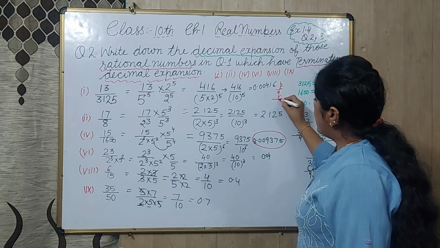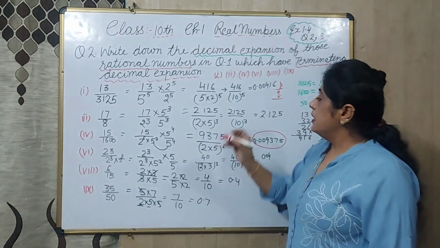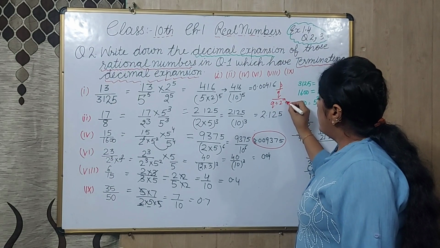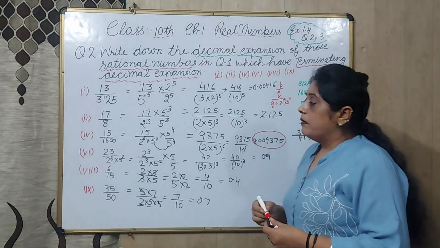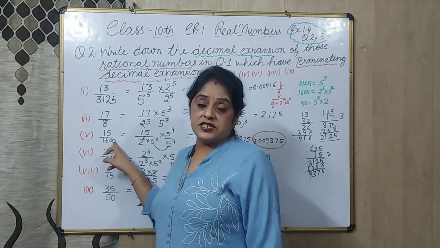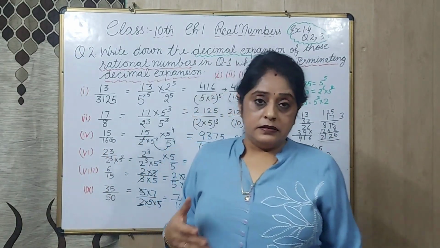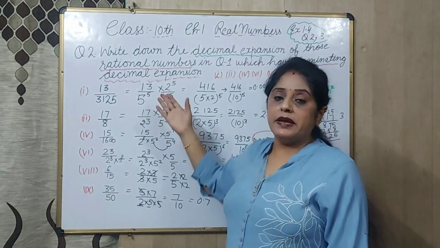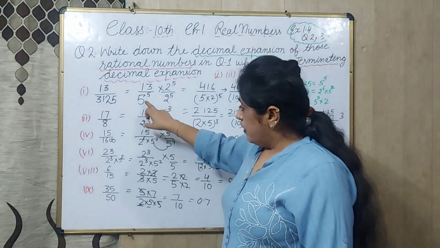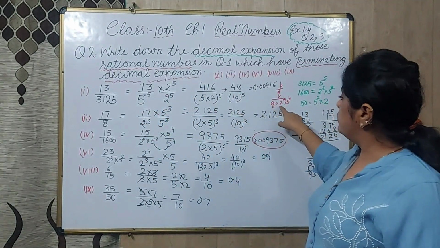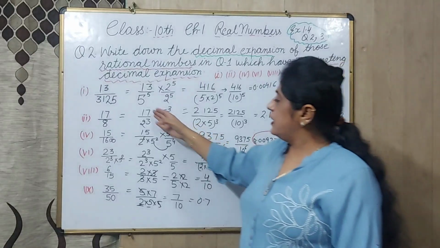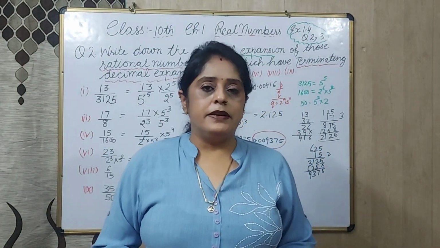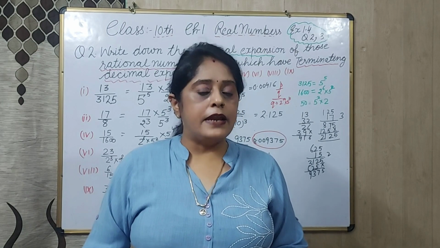Student, it is very simple when you see about Q, because our rational number is in P by Q form, and when it is a terminating decimal, Q is in the form of 2 power m and 5 power n. But if you divide 15 by 1600, you take a long time, so this is a very easy method. Make a prime factor and see. You have to convert into 2 power m and 5 power n and then make it equal, and easily you can convert into decimal. Now I will explain the next sum.